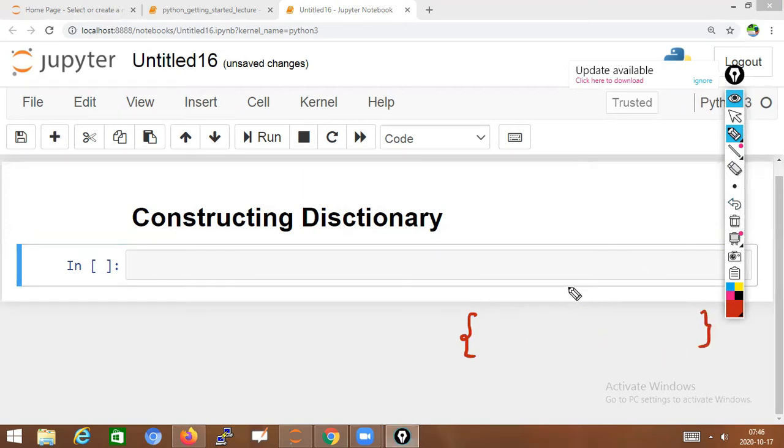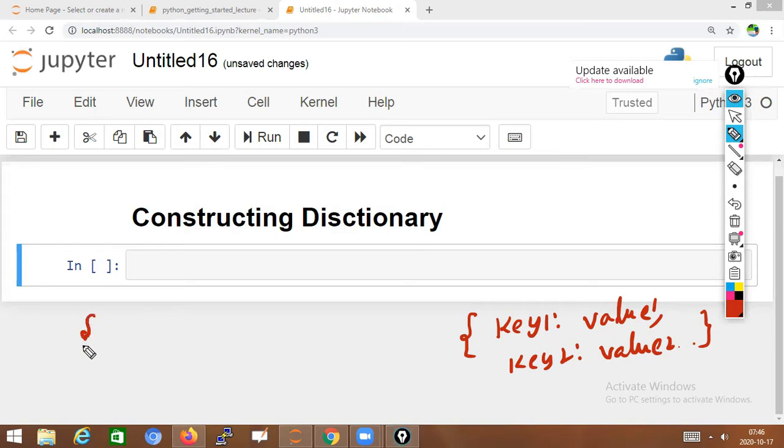In this dictionary, in which format are the values contained? It has a key, colon, next to the value. All the values will be stored in the form of key and value, comma. For example, this is key one, value one, next key two, value two. Like that, we will store the values. What is key one? For example, I am taking one as my key, and its value is student.